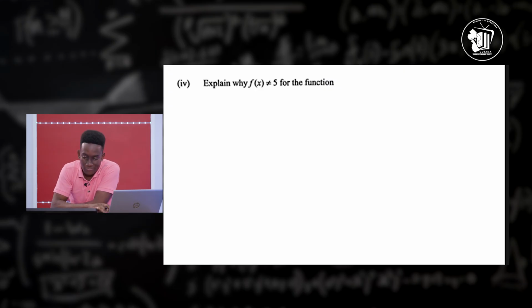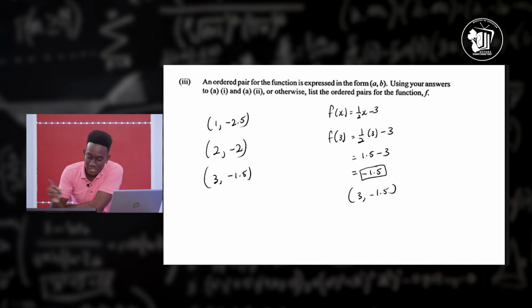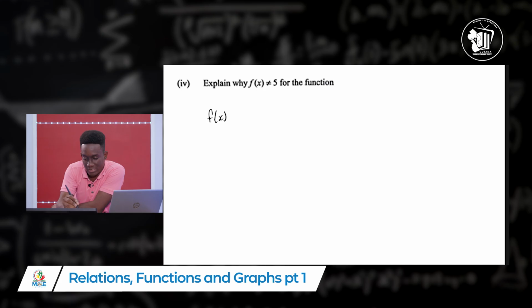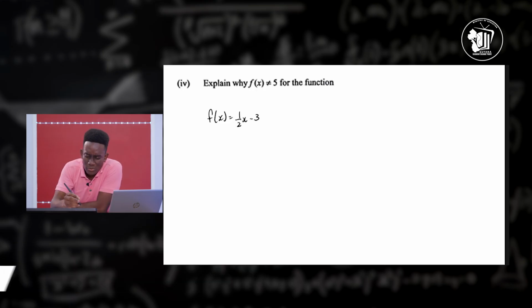So let's see, we want to explain why f of x cannot be equal to 5. So we see the function is f of x is equal to half x minus 3. So let's see why it cannot be equal to 5. So let's replace f of x with 5 and see what we'll get. So we say 5 is equal to